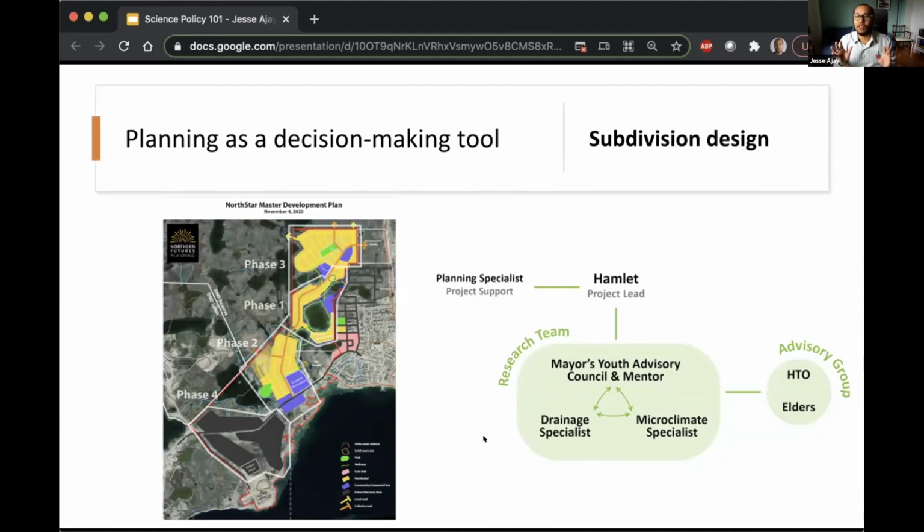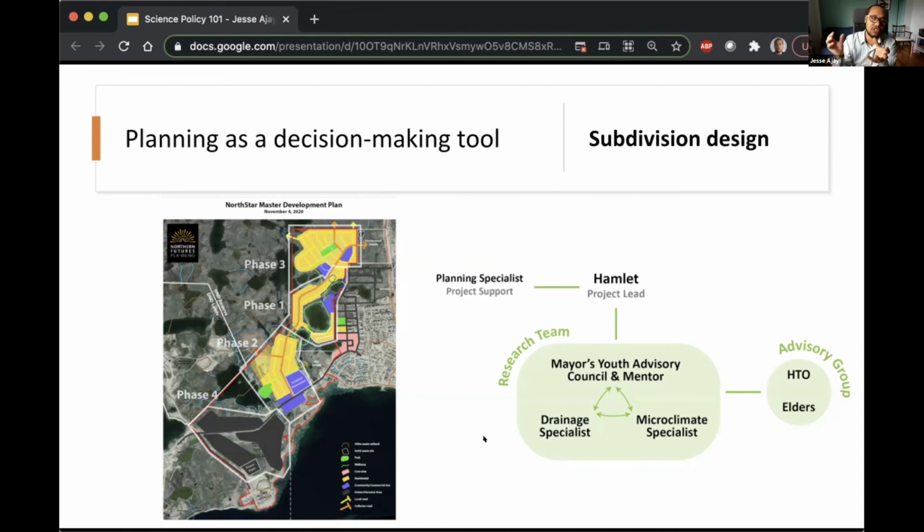All of the on the ground analysis will be done by the youth as the eyes and ears for this project. So really getting folks on the ground engaged in the process of gathering the information about landforms and weather events and the performance of the drainage system, the drainage works, and that sort of thing, like spring melt. So that'll all be feeding into the final product, which will guide ultimately the detailed subdivision design to add the detail for this concept plan.